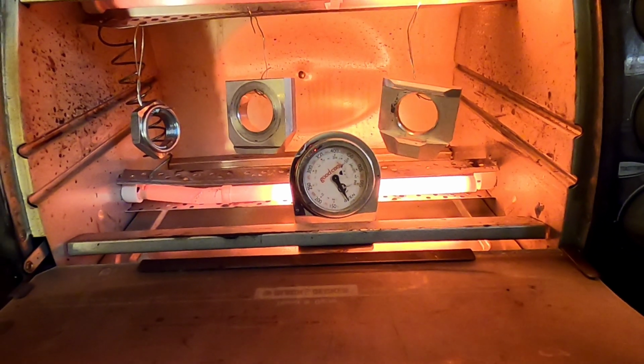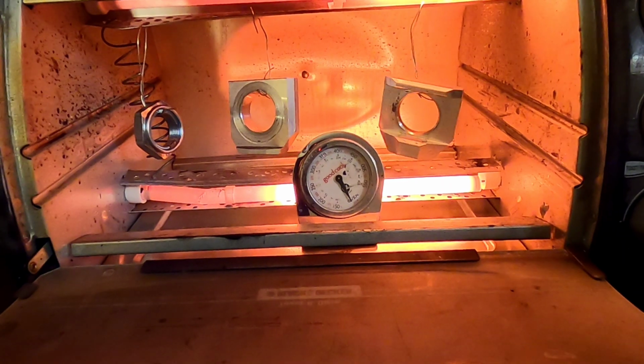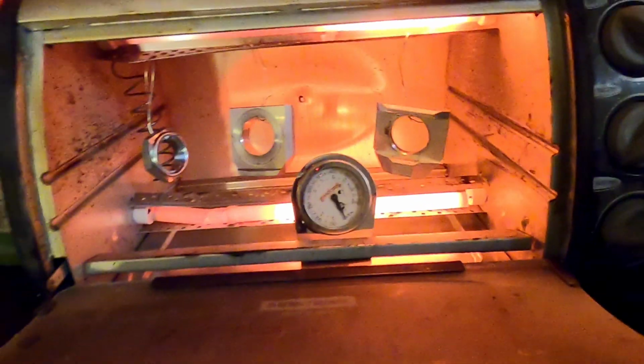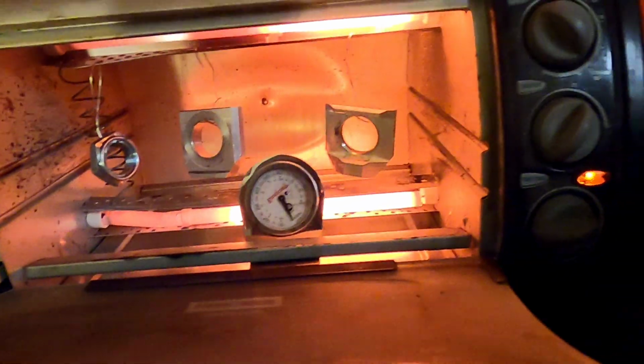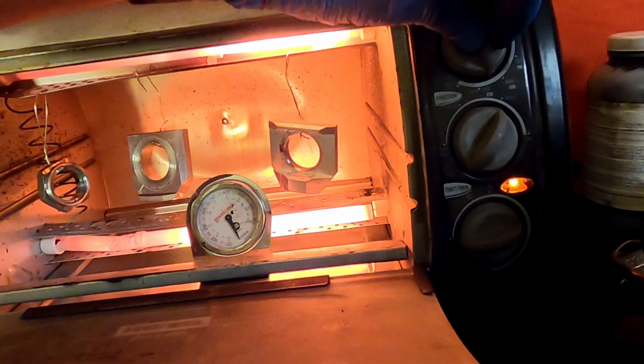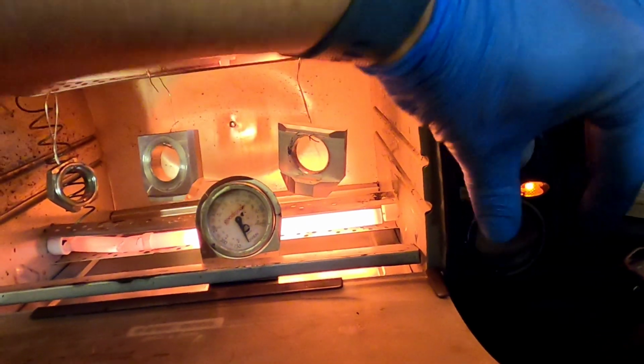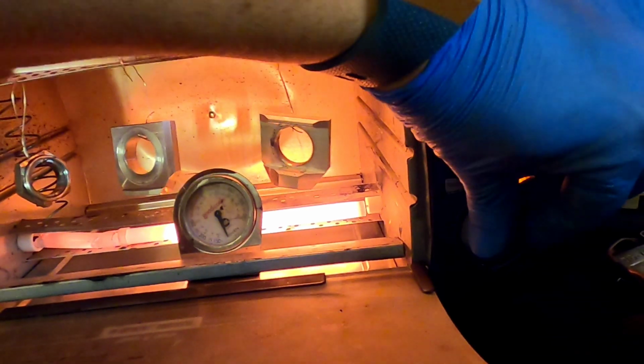So what I'm going to do is let them get hot for maybe about 10-15 minutes. I have the oven at 450 now. I had it at 400. I have 450, so I'm just going to give it a full 15